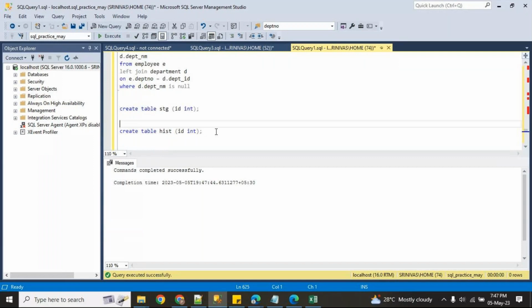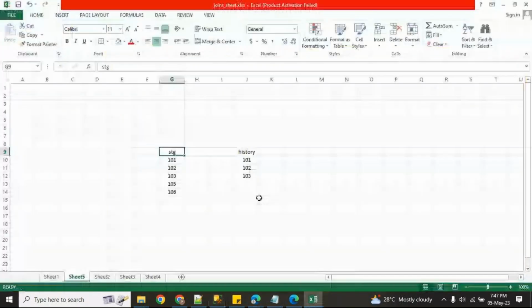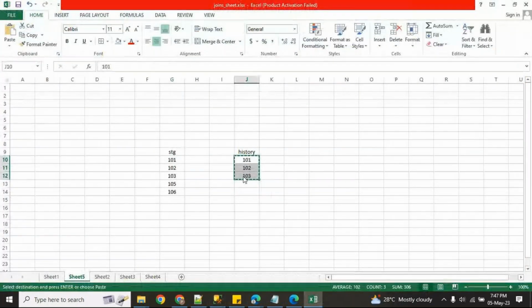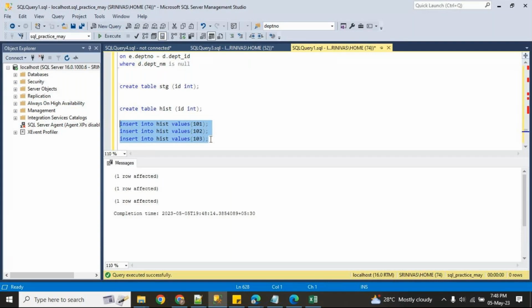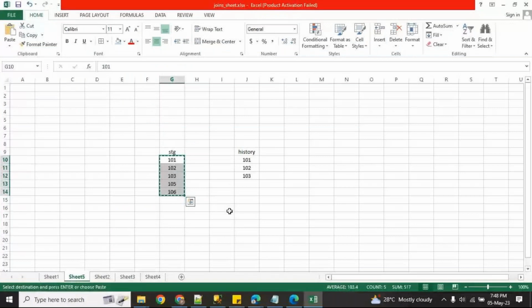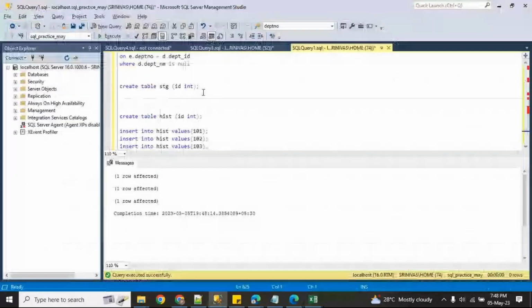In the stage table, I am inserting records. I have a hist table which has 3 records, so here I am inserting 3 records. And my stage table has its own records.